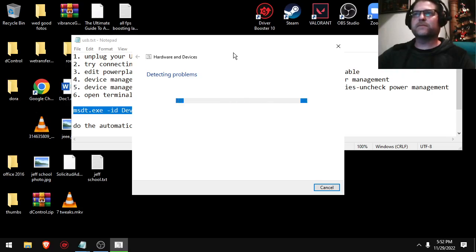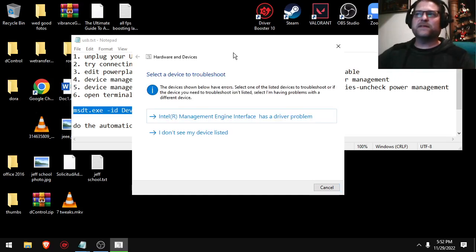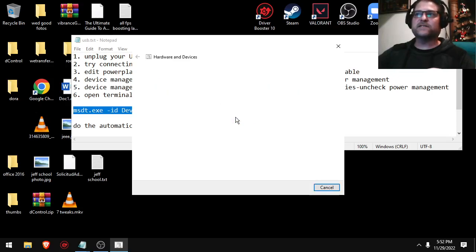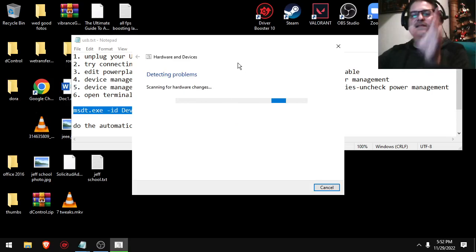and it's going to check your computer for device or hardware problems. In my case, it'll list that I have a problem with updating my devices because I like to update them manually. So it's going to tell me I have a problem. This device has errors. So if you have devices listed, just select the first one, repair it, and then just